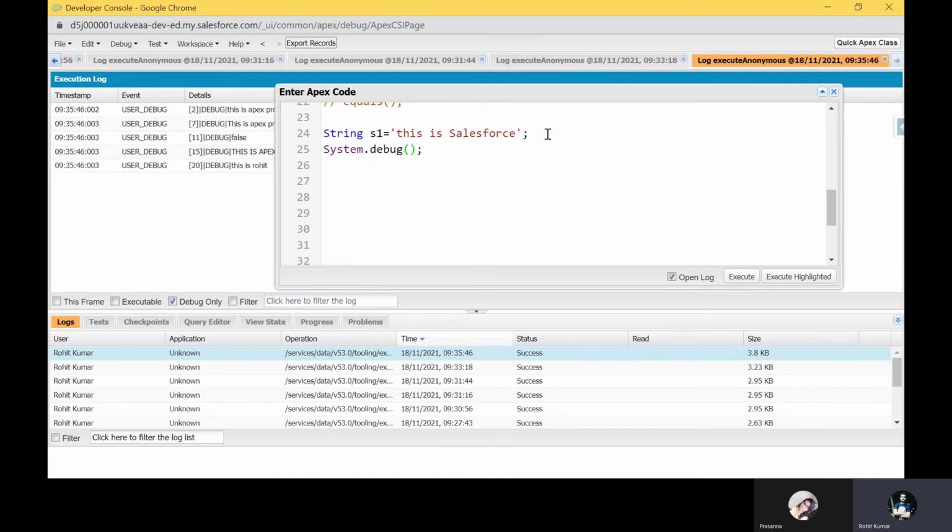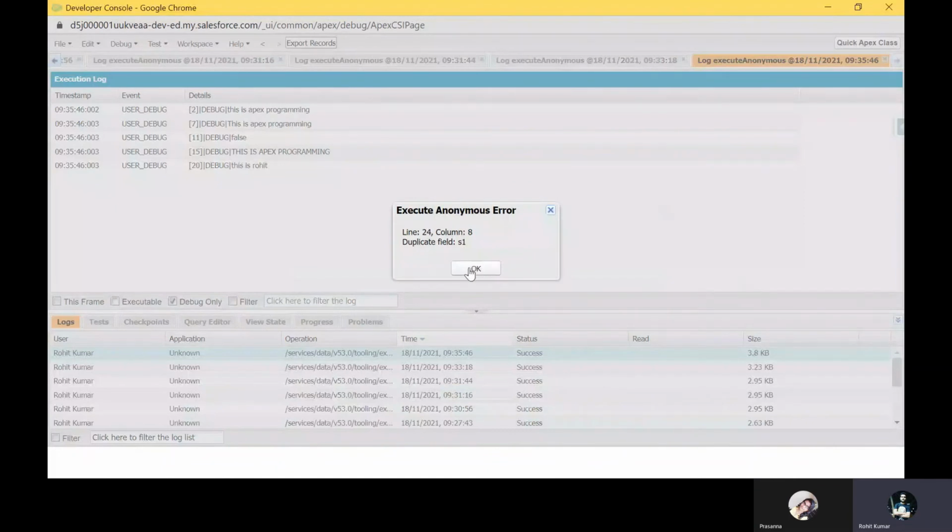Under this system.debug, you have to write str.equals, because I want to check whether this keyword is available or not. So just use equals, and under this equals you have to pass your string like this. Okay, whether this is available or not. Just execute, and it always returns a boolean value.